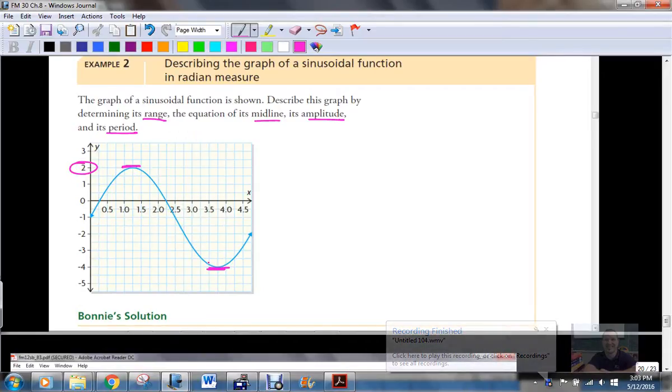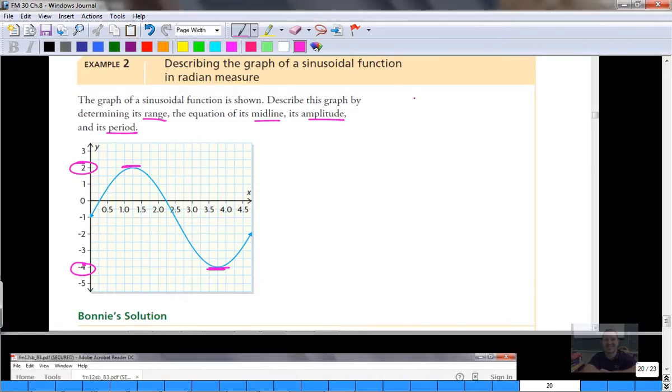It goes from, the minimum value is -4 to +2. So the range, okay, it goes from -4 to +2. This is how you write it, because you read it from the middle. You read it from y. So y is greater than or equal to -4. There's -4, and that means it's greater than or equal to -4. That's true. y is also at the same time less than or equal to